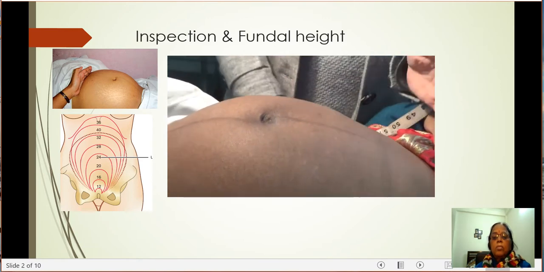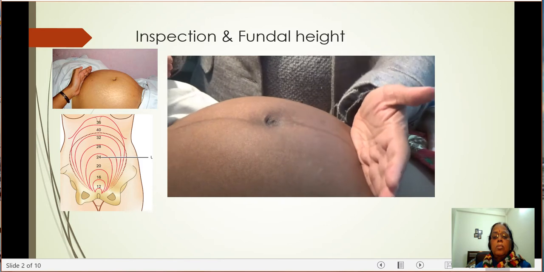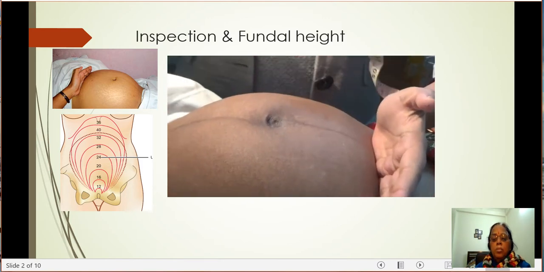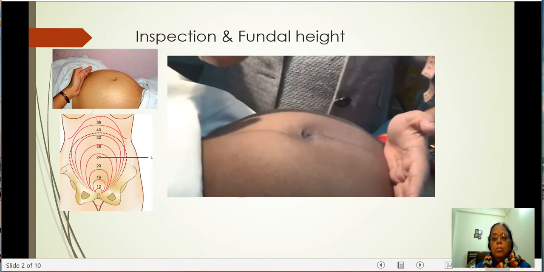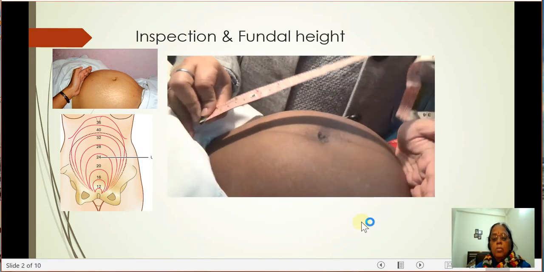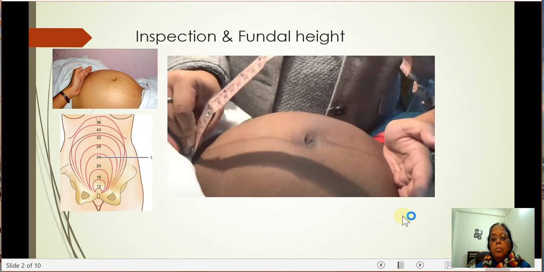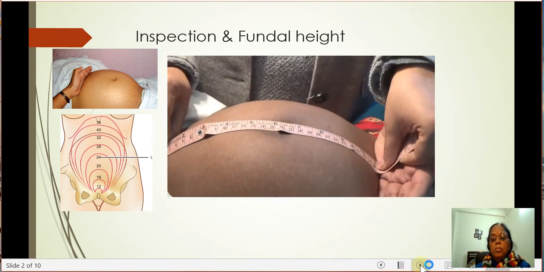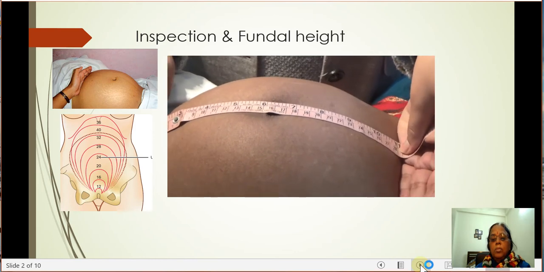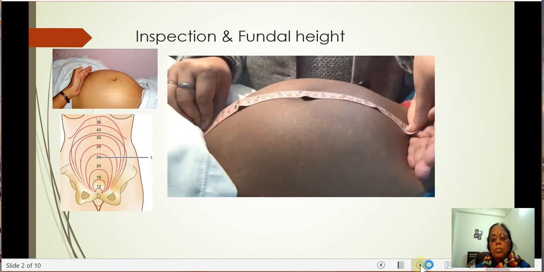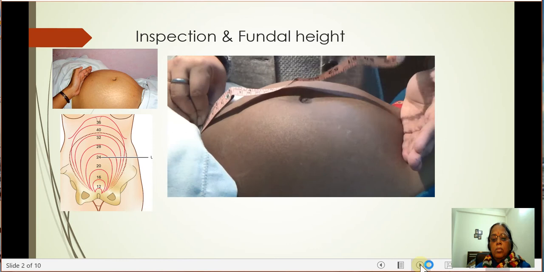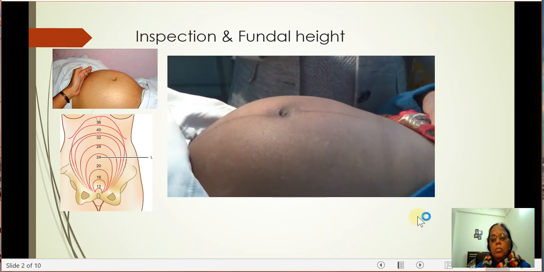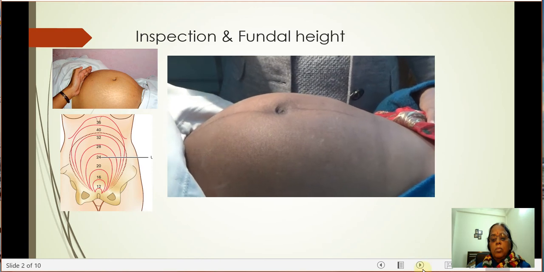After taking the fundal height, where we have marked the point of the highest resistance, we will take another measurement, that is called the symphyso-fundal height. To take this height, we will put our inch tape from the centimeter side on the pubic symphysis and measure to the point of the highest resistance. In this case, we can see it is 28 centimeters. From 20 weeks gestation, the symphyso-fundal height in centimeters is said to correspond to the gestational age.